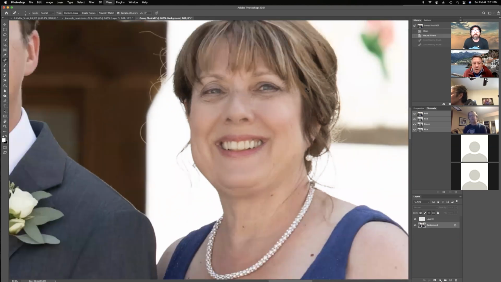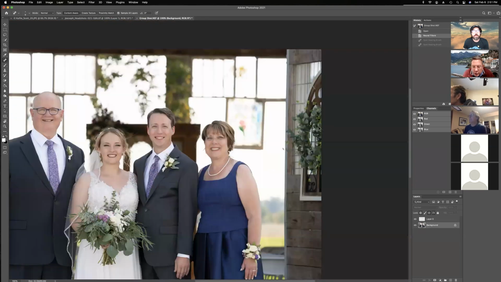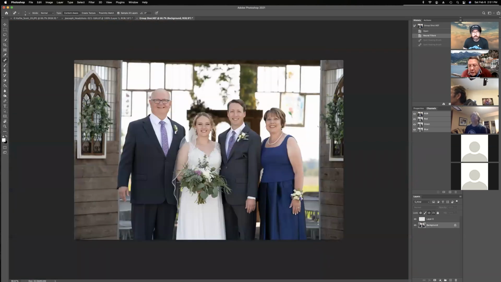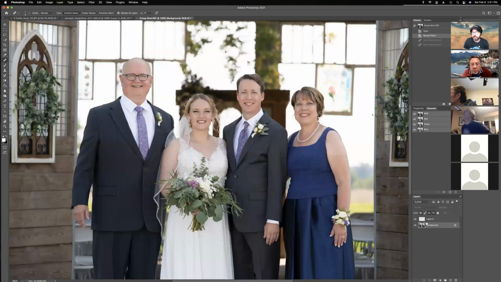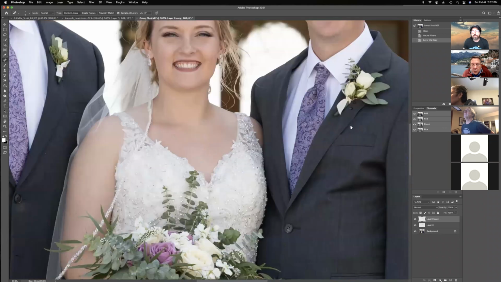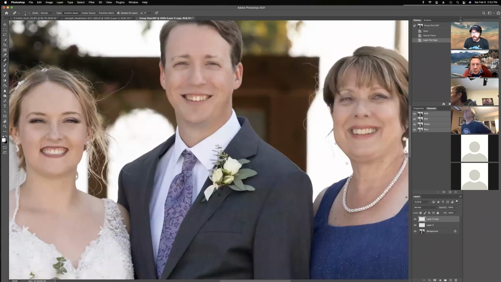Interesting. I wonder if you could duplicate that layer now and then do it on the duplicate layer and then turn the opacity way down. Yeah, I'll have to play with it. Truthfully, like,